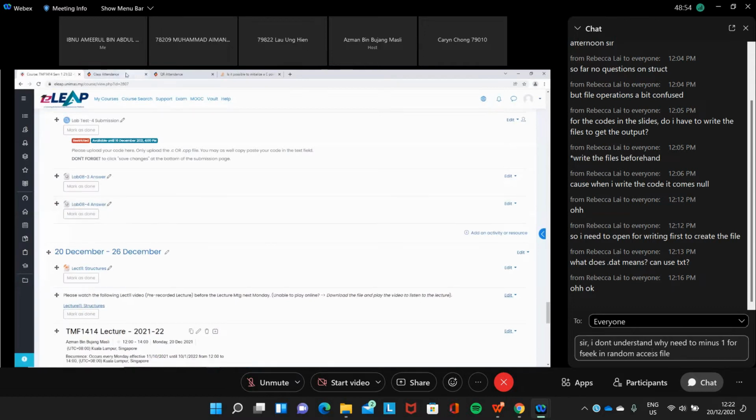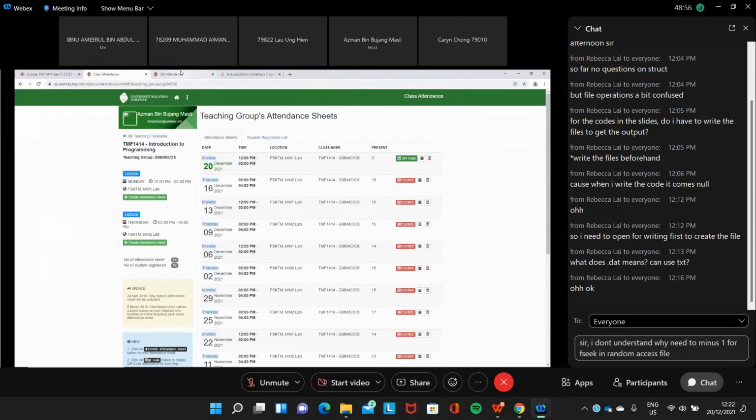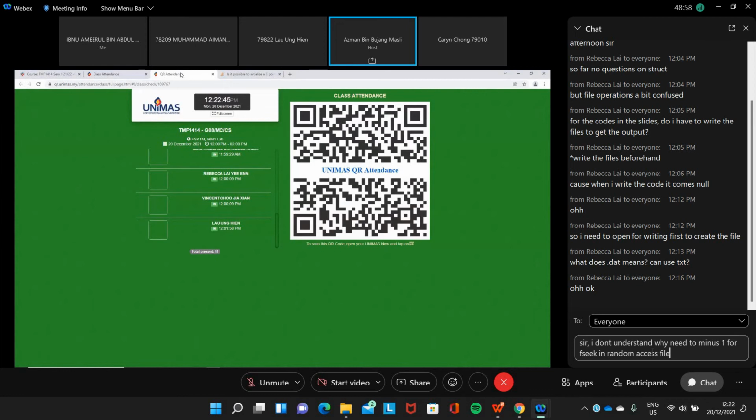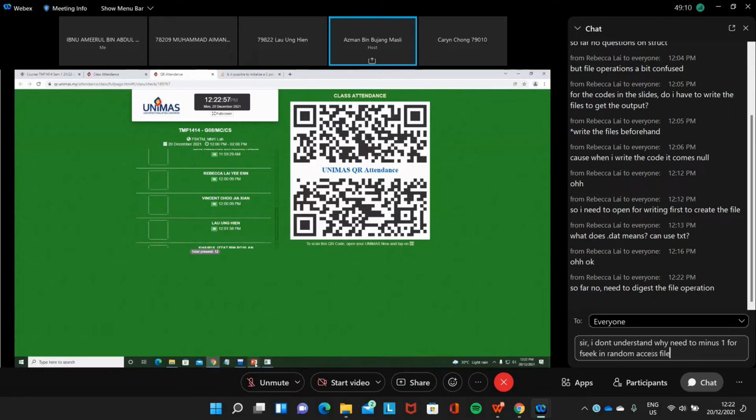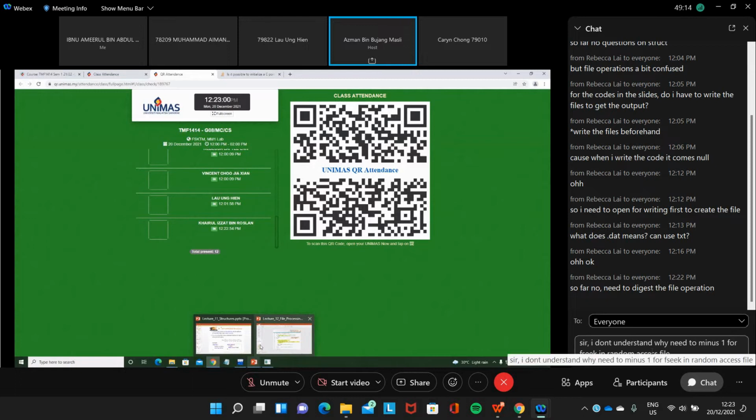For both lectures, lecture 11 and lecture 12, on structure and file processing. File operation is actually, if you look at the slide, there are so many examples in there. They are not really much explanation. They are just examples of how to use the